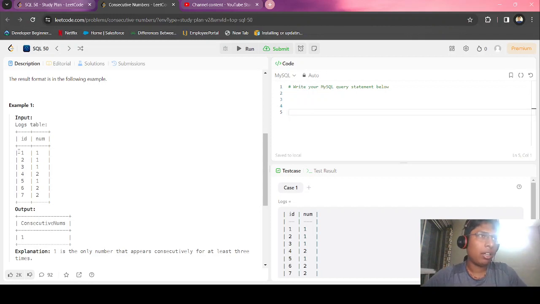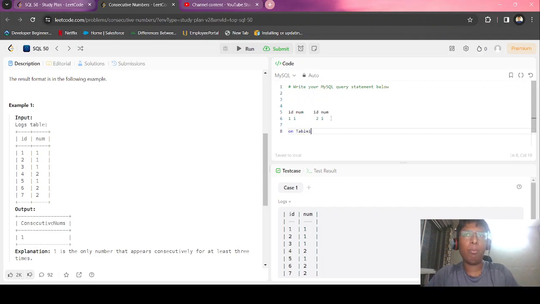You would be joining on this ID and this ID where this num and this num are equal. Suppose this ID is 1 and num is 1, and this ID is 2 and num is 1. So the join would be like this: on condition